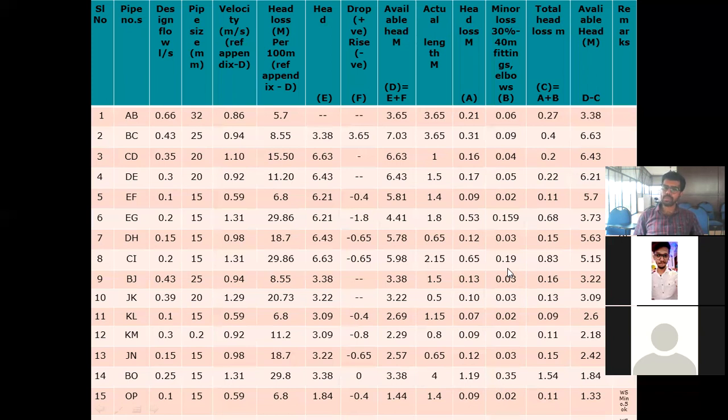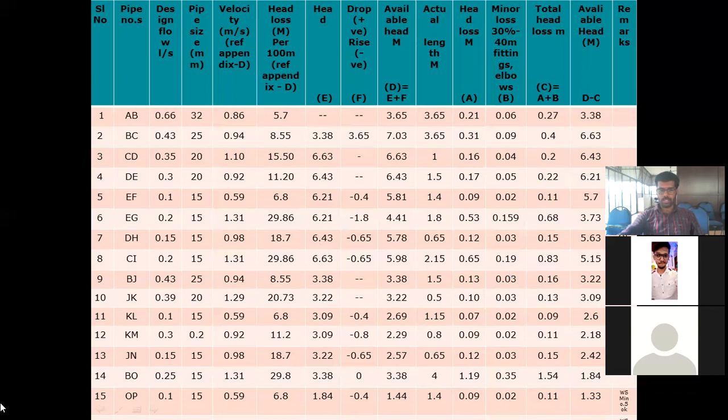Or we have to give a booster pump or a pressure pump in such cases, because some clients won't allow us to keep a tank at an elevated height because of aesthetic reasons or something like that. In such cases, we suggest they keep the booster pump, so that we have an available pressure of 2 meter head at each end. Or we size the pipe in such a way that we keep the available head at 2 meters. Then we have to reverse back and find out the pipe sizes.